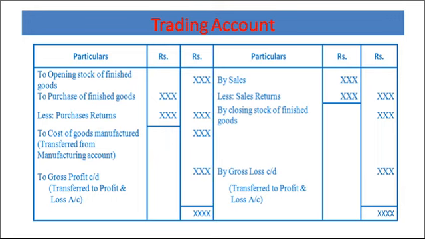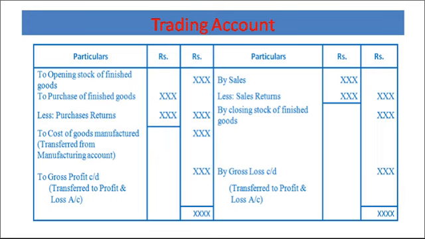If the debit total is less, that balance amount is considered as gross profit. If it is vice versa, the credit side is less, we can say it is a gross loss. Normally in cost of goods manufactured, we take all direct expenses, wages, factory expenses and all categories of expenditure relating to the factory. See, this is the format of the trading account.